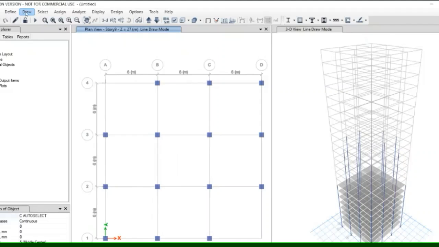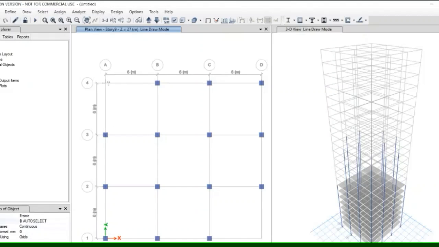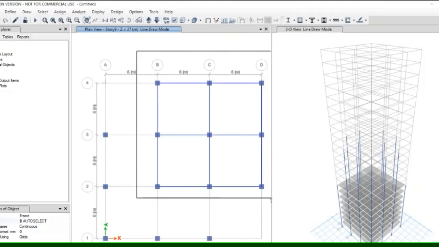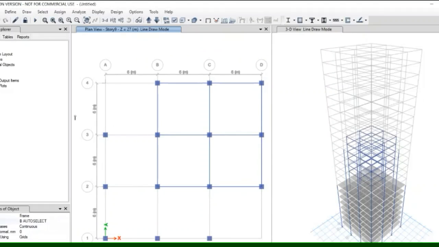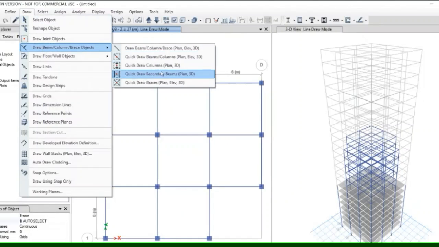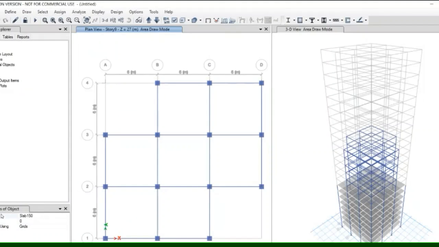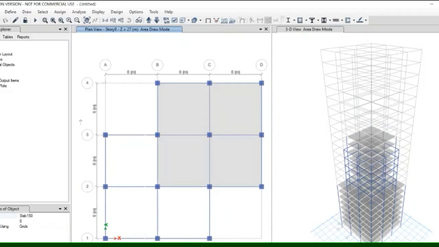Similarly for the beam. Add floor, select quick draw floor, make sure the property is slab, and drag as desired.